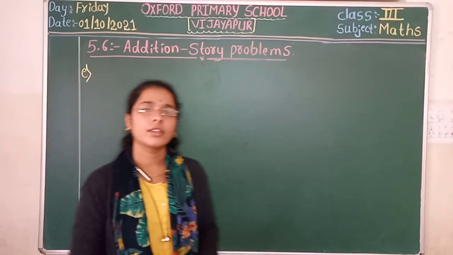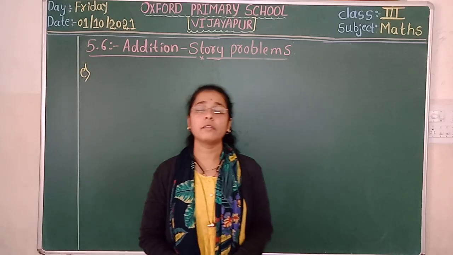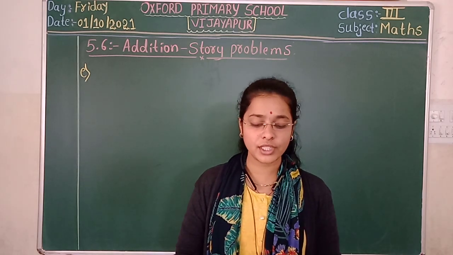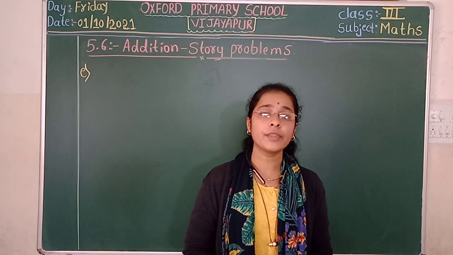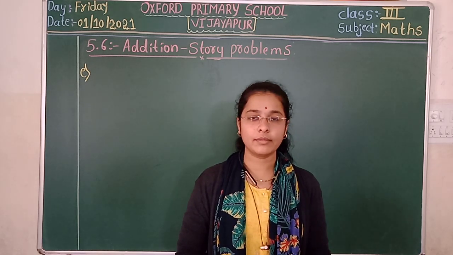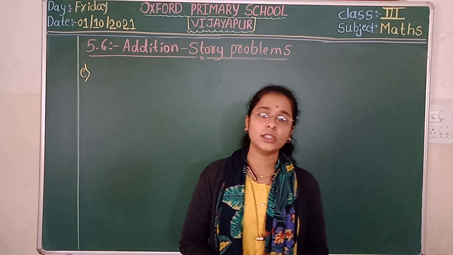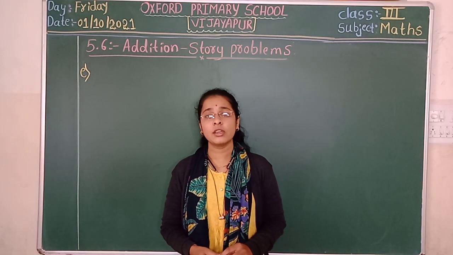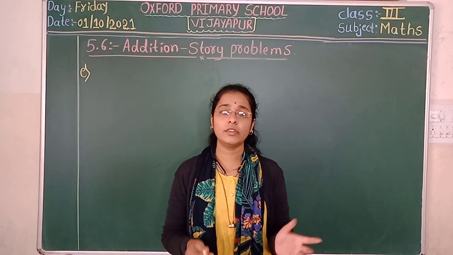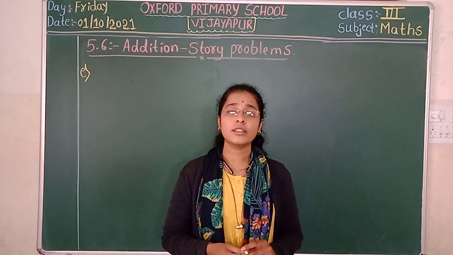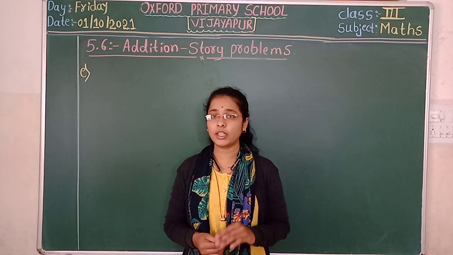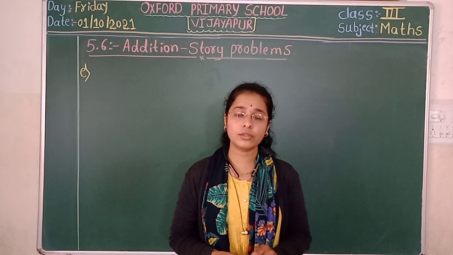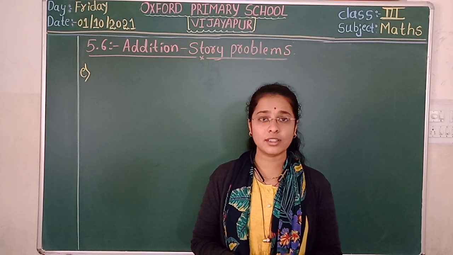Good morning children. In the last class, on Wednesday, we learned the first 4 story problems, which are present in the textbook page number 118. We solved all 4 story problems and learned how to arrange the numbers by reading the question. We learned all this in the notebook. The remaining 4 are E, F, G and H; the first 4, A, B, C and D, we learned in Wednesday's class.